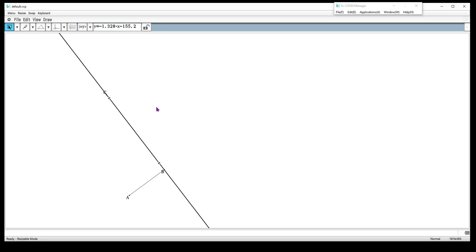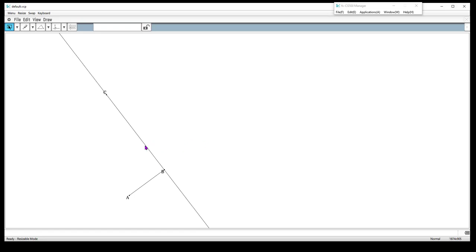I can move it, it stays on that line. But now since it's on this line, I can hide the line. So that's a nice thing. Constructions, when you're working with students, you want them to use their tools to construct underlying features, so I needed a perpendicular, but I don't need this line anymore. I really only want just the side BC, not this whole line. So let's hide this line.